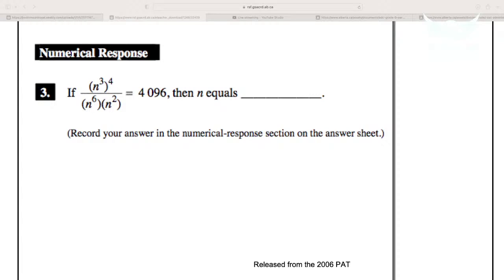So it's a numerical response. So we have n cubed to the power of 4 over n to the 6 times n to the power of 2 equals to